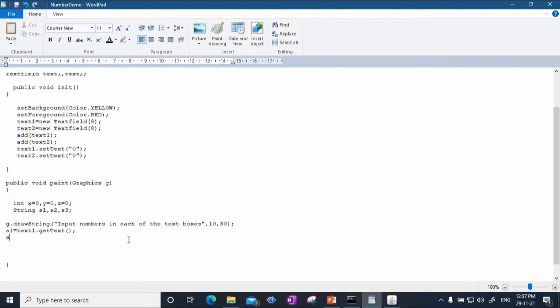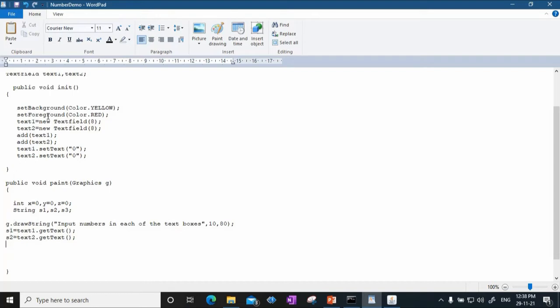Next, we'll take the data that the user has entered in the second text box using the same method called getText. So I'll say text2.getText. By writing these two lines, whatever the user enters in the first text box called text1, getText method is going to fetch it and store it in s1.